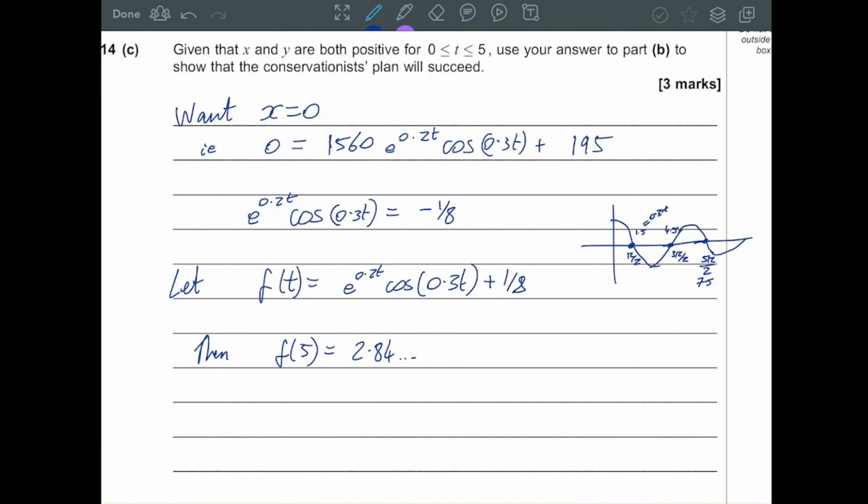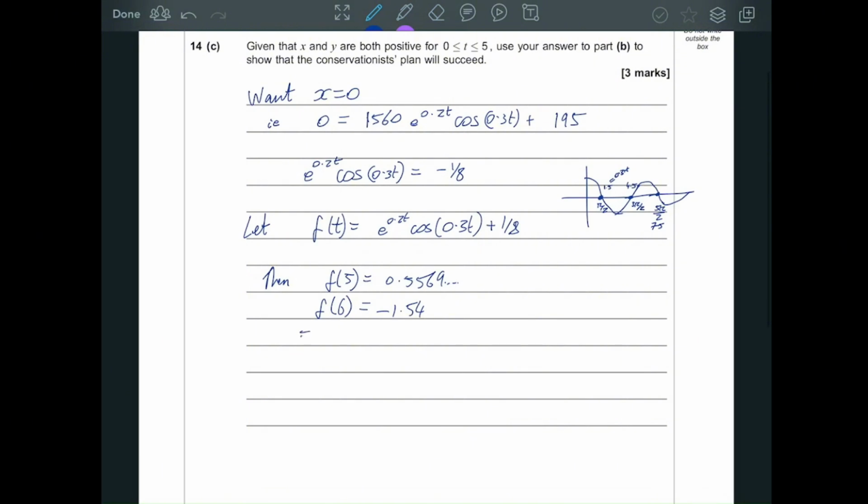So the cos term should, am I just in the wrong mode? Yeah, I'm in degrees, that's why it's not working. We have to be in radians. So now if I sub 5 in, and when I sub 6 in, it should just work. When I sub 5 in, I get 0.556. If I sub 6 in, it does get negative. F of 6 equals negative 1.54,